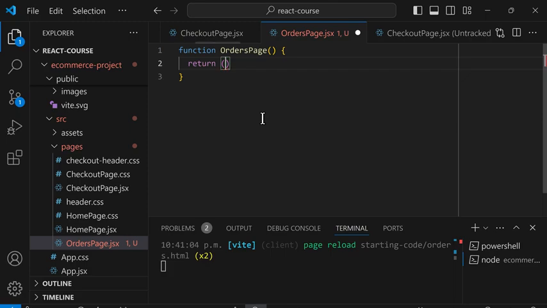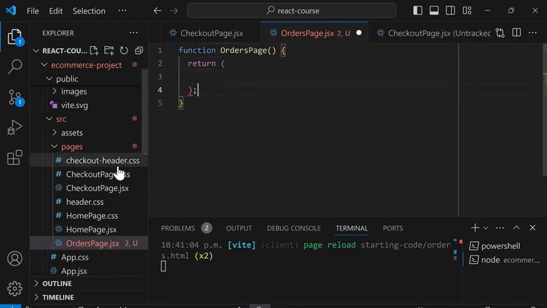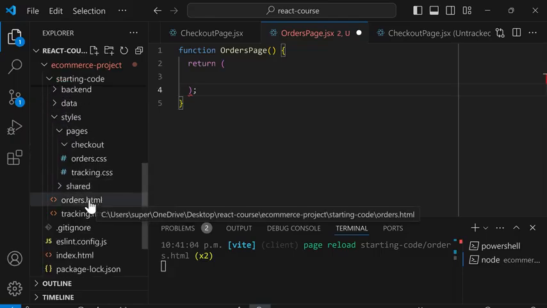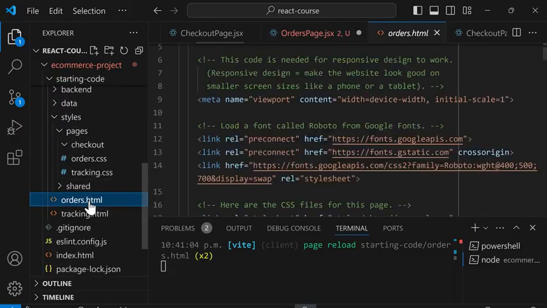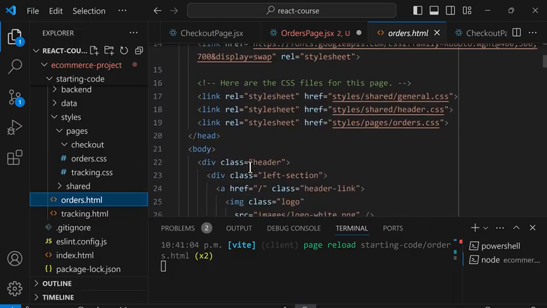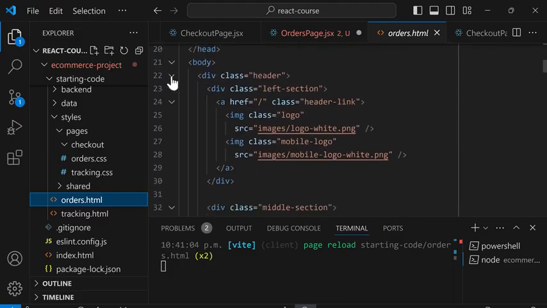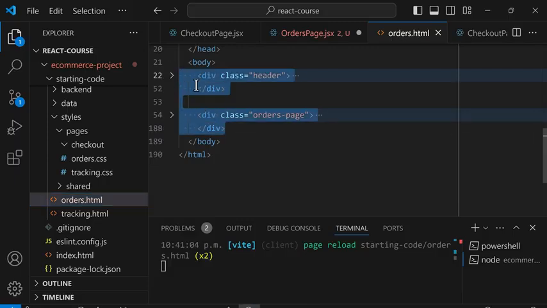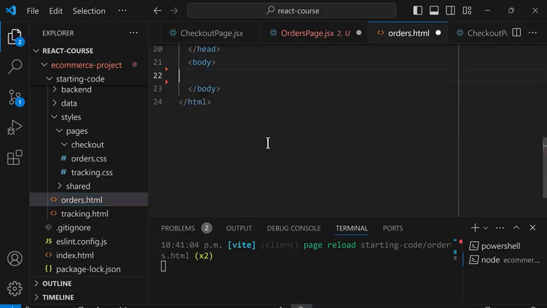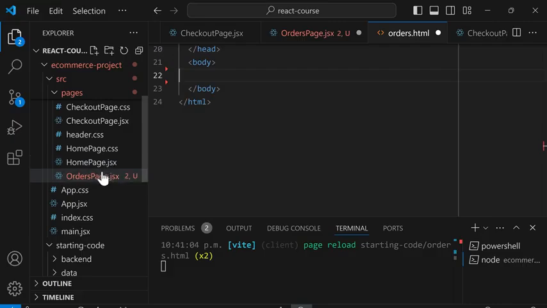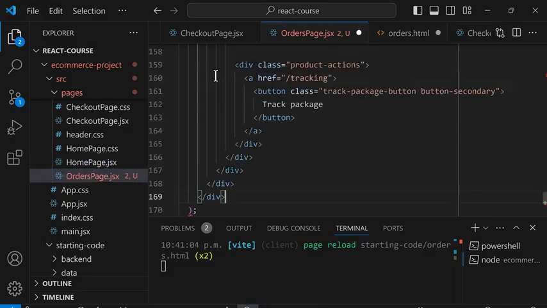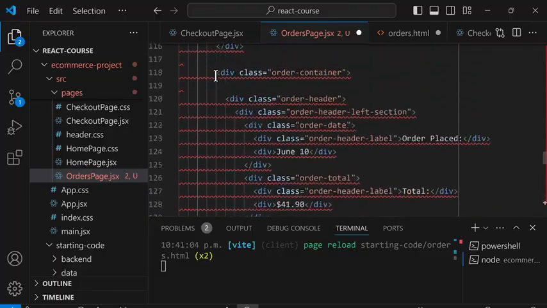return brackets, and we'll move over the HTML. So we'll go back to the starting code folder and open orders.html. We'll start with the body, so we'll scroll down, and we can collapse these two elements, and we'll select the HTML and cut, and inside the orders page, inside the return, we'll paste. We'll scroll up